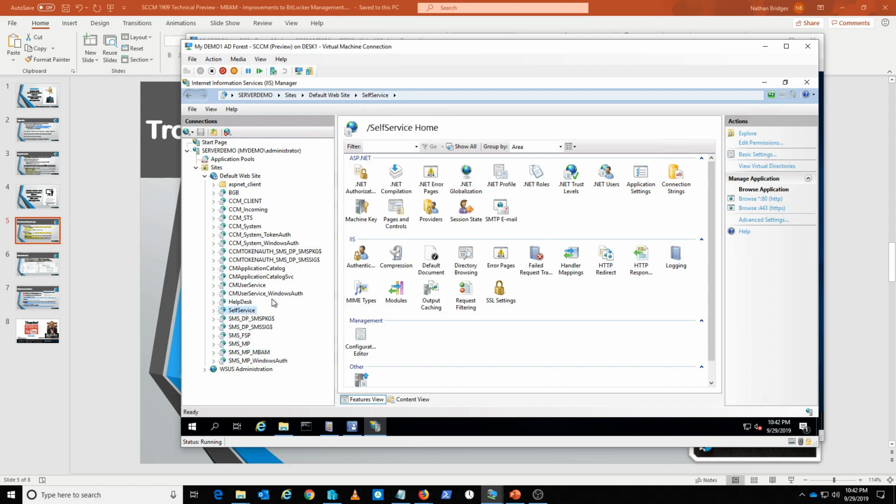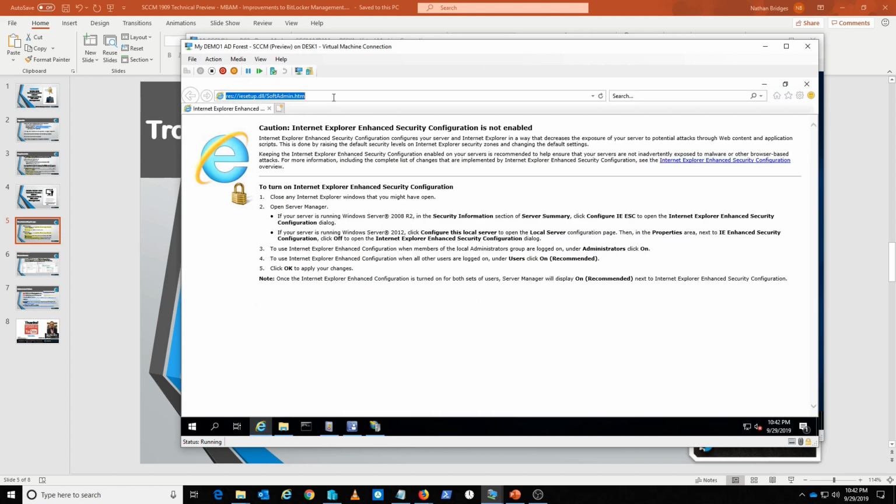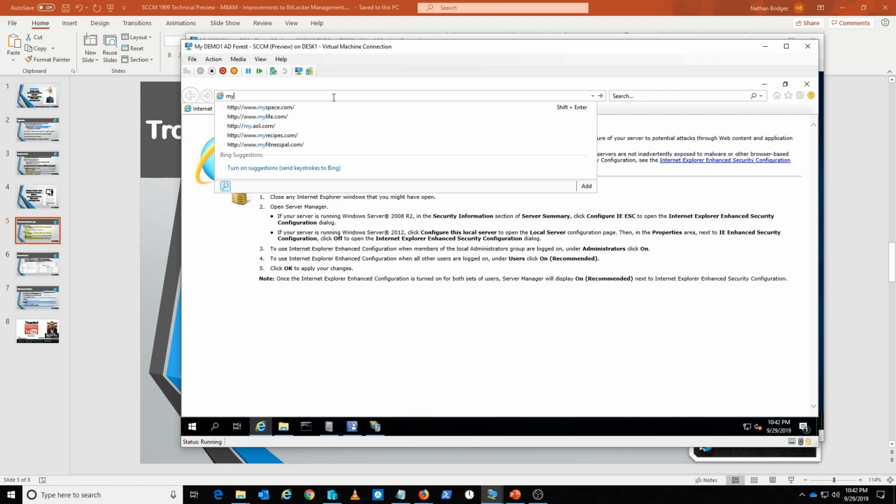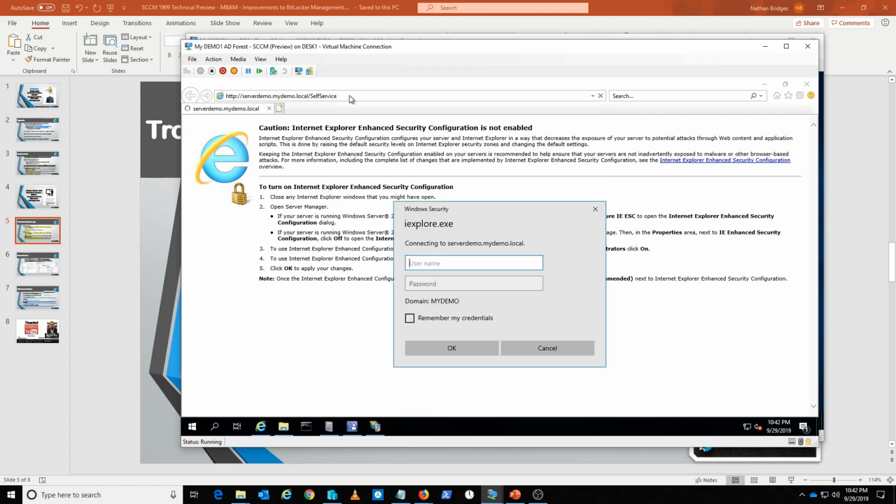But the point I want to get to is that if you access this website, once you create your certificates, let's look at this self-service portal. Once you create your actual SSL certificates and you run in native mode, you issue a certificate to the server, that's the web installer. Obviously, when you issue certificates, it needs to be the fully qualified domain name in a real production environment. So we need to test those URLs. If we click on this to test it and we log in,